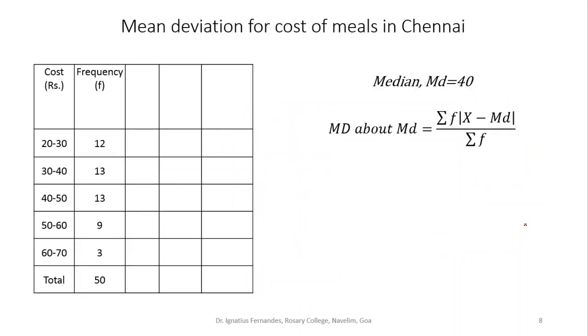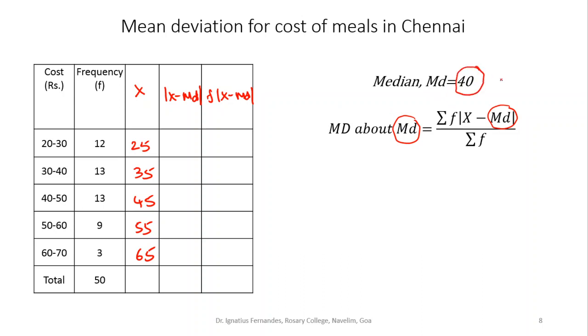So the same data I consider now. The only difference from what we did earlier is that now, instead of mean, it is median. Accordingly, the same columns: I need x, then x minus median, because now our measure is median, and finally f multiplied by x minus median. The mid values we have already found out: 25, 35, 45, 55 and 65. We have also found the median for this data set earlier, which was 40.